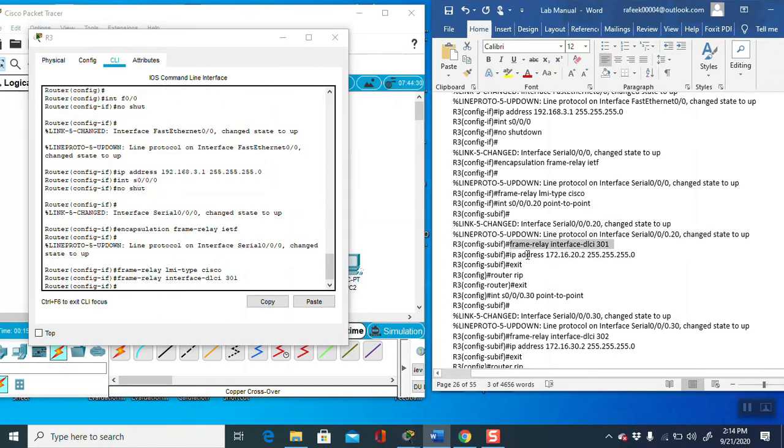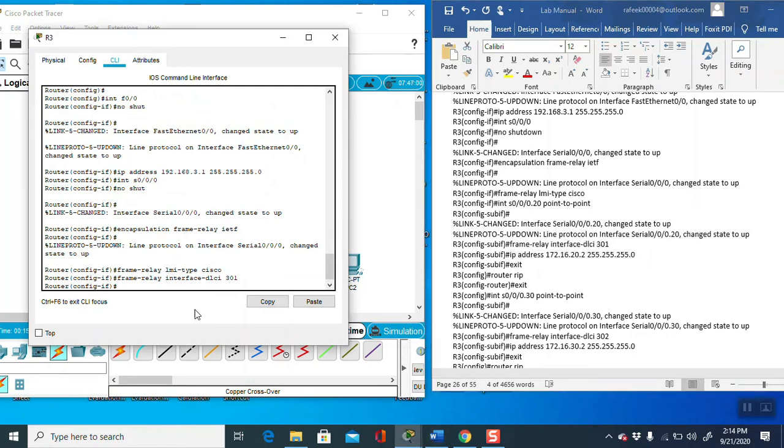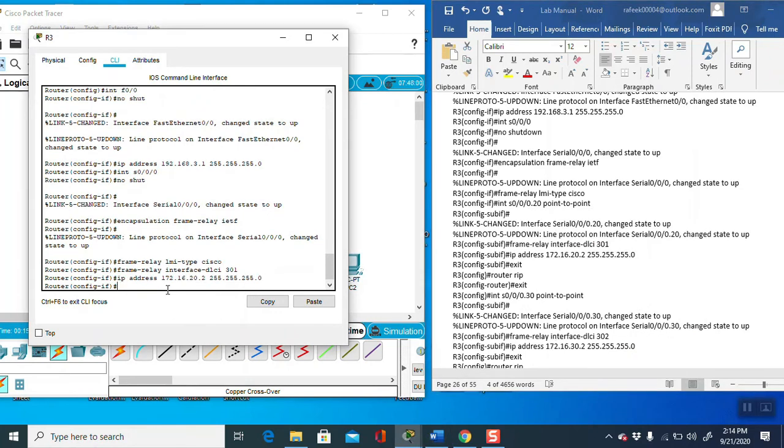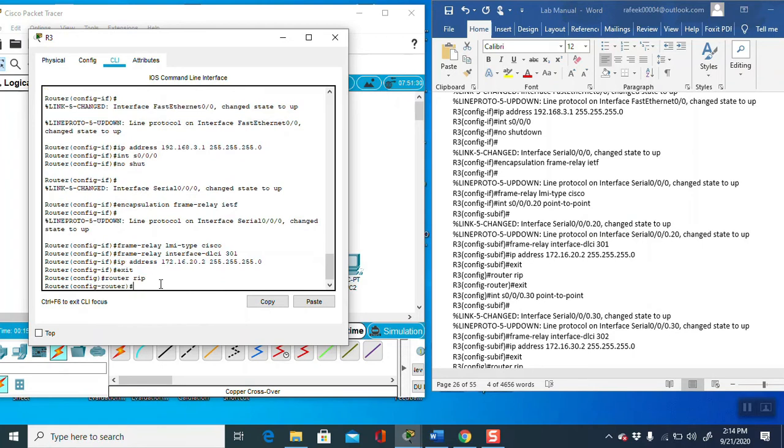Then you have to take the IP address of this, then exit, give the router RIP for the connection.